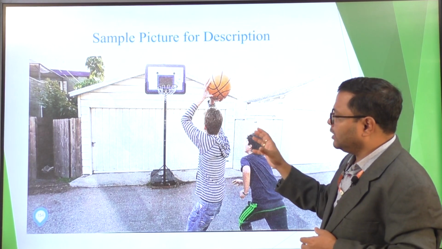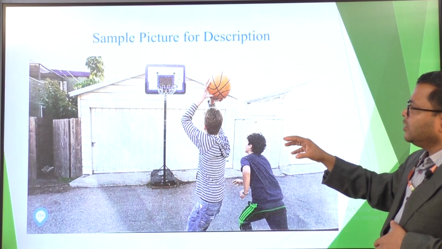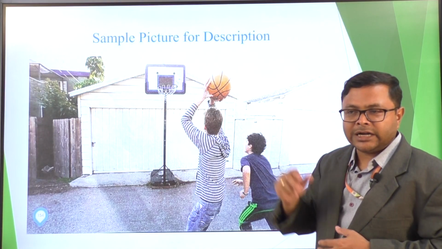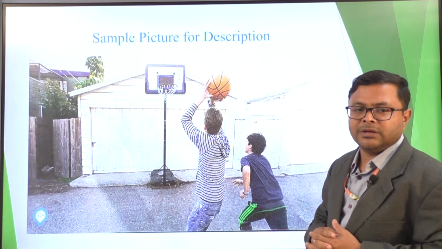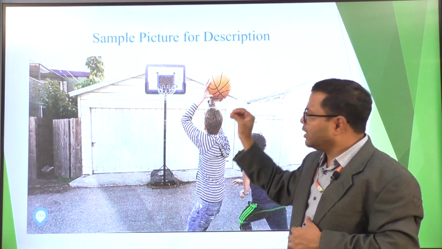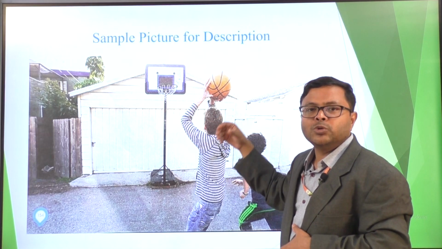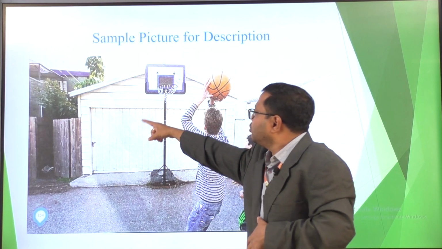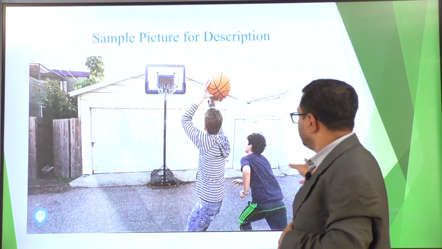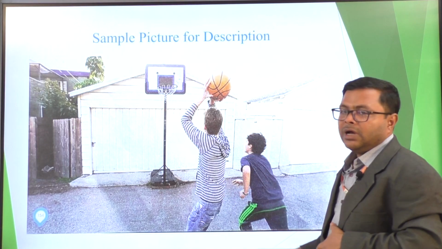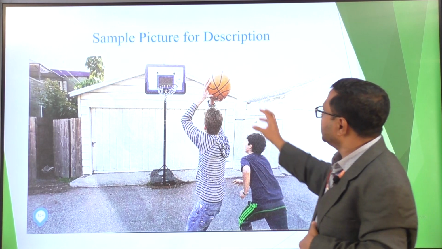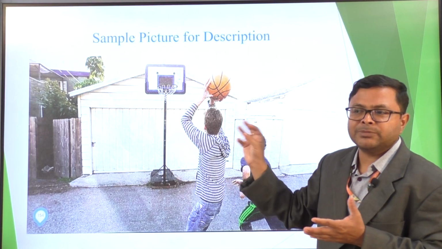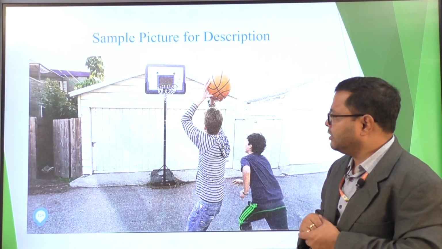Okay. So, now let us see, if this picture is given, what are the things you have to speak for a minute. Okay. 1 minute means at least you have to speak 12 to 15 sentences. So, that means you have to identify 12 to 15 things to talk about this picture. You can talk about the weather, the background, the people, how many people there are, who they are, what they are doing, all these things you can check, and you can make 12 to 15 items that you can describe. But remember,